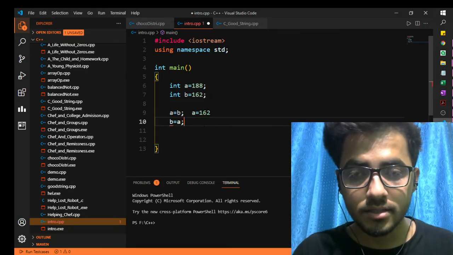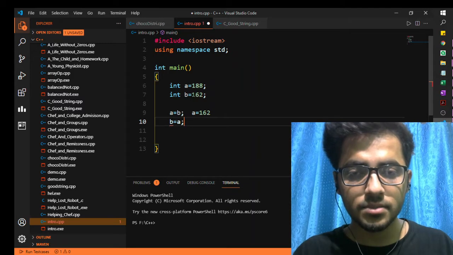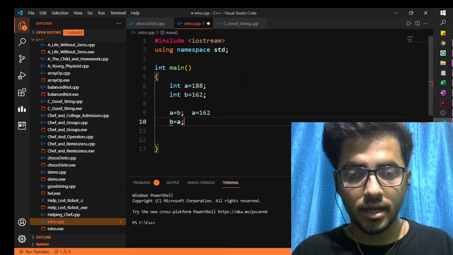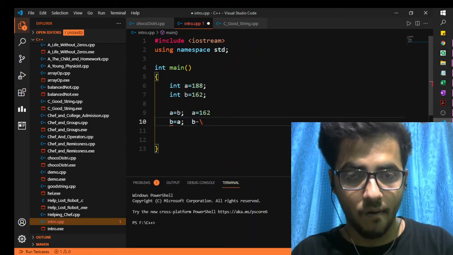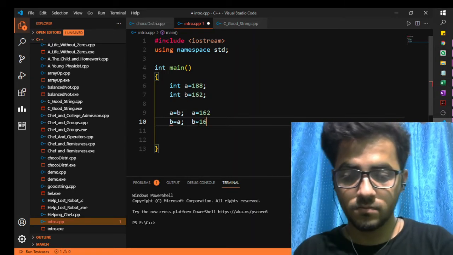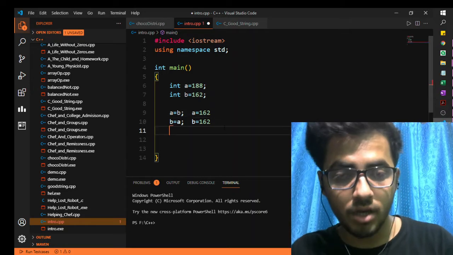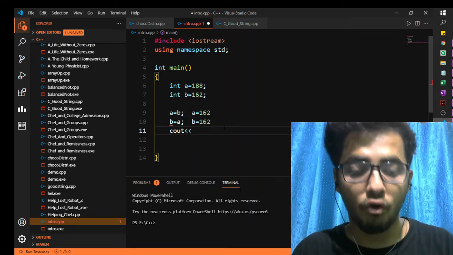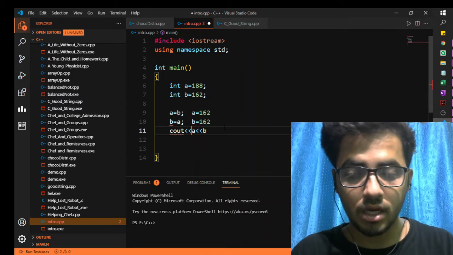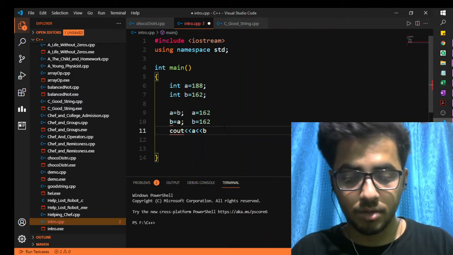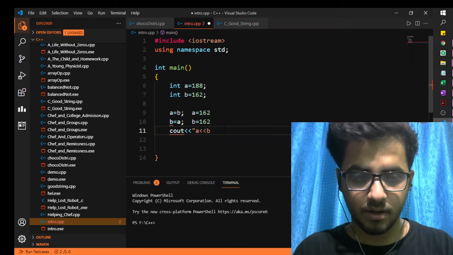In the next line, since B is also 162 and A is also 162 now, B also gets 162. If we print the values of A and B here, then we get the wrong output.